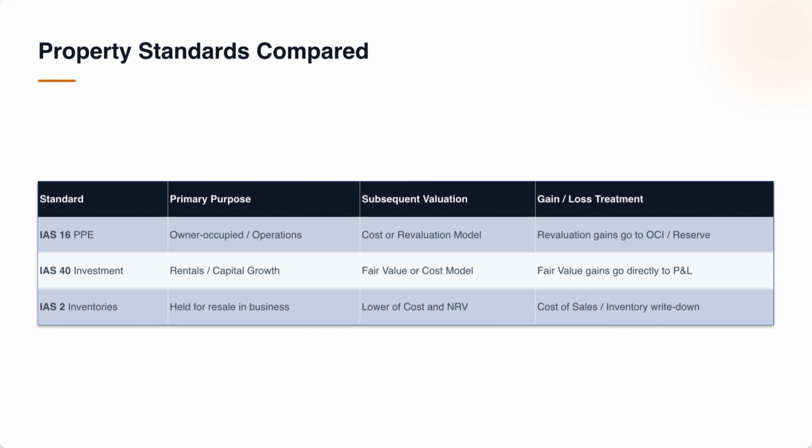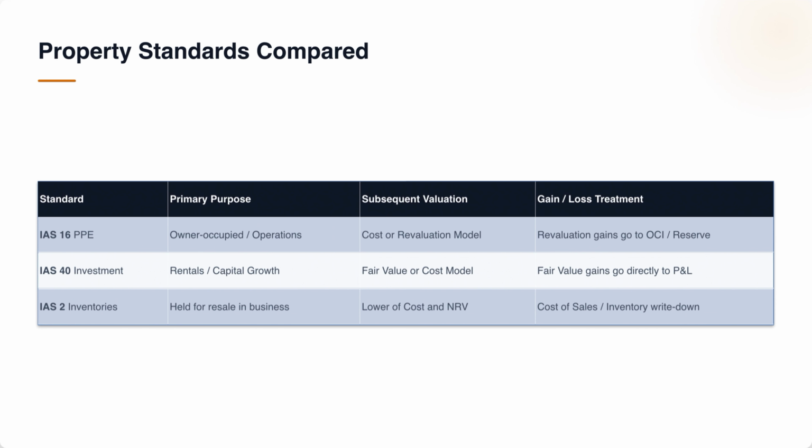IAS 16 PPE, used for owner-occupied properties, measured using either the cost or revaluation model. Under IAS 16, revaluation gains go to other comprehensive income, OCI, and accumulate in a revaluation surplus reserve. Depreciation is always charged. IAS 40, investment property, used for rental properties or capital appreciation, measured using fair value or cost model. Under the IAS 40 fair value model, fair value gains go directly to profit or loss, P&L, and